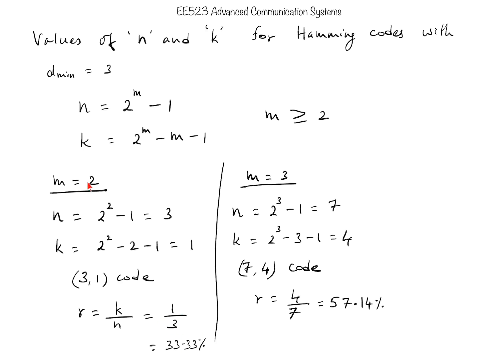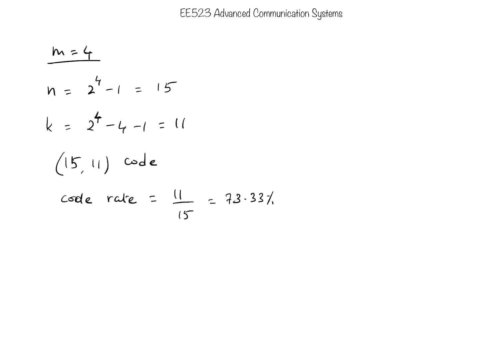So when m equal to 2, your efficiency is 33%. When m equal to 3, the efficiency is 57%. When m equal to 4, the efficiency is 73%. And when you do for m equal to 5, let me do that also. For m equal to 5,